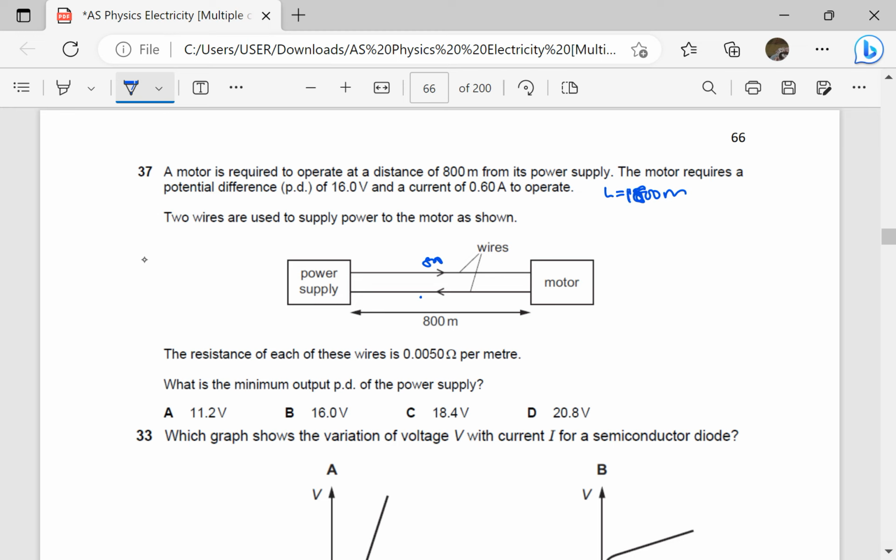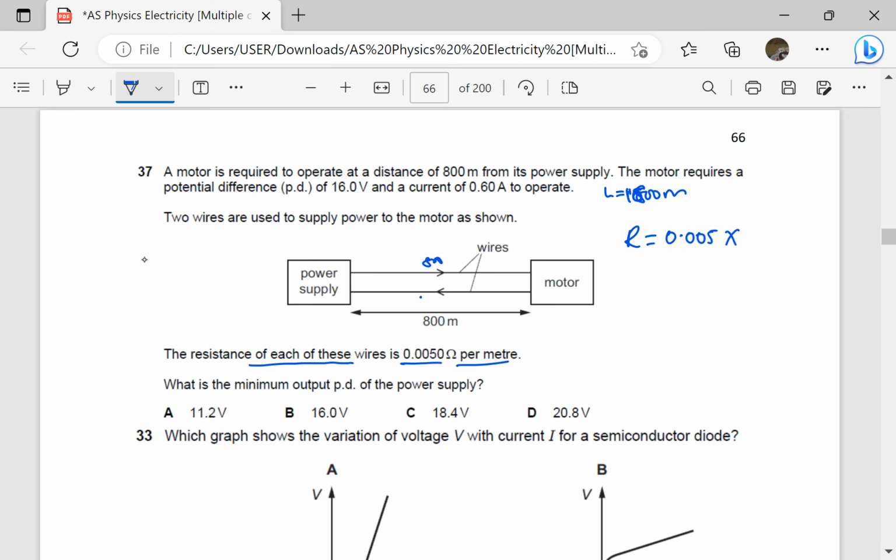The resistance of each of these wires is 0.05 per meter. So if 1 meter has this resistance, the total resistance of all the length of the wire is going to be